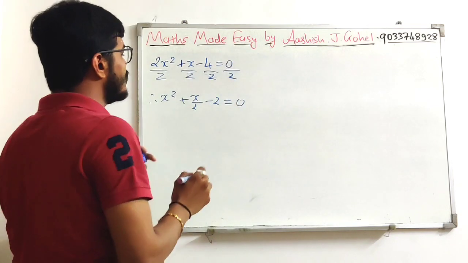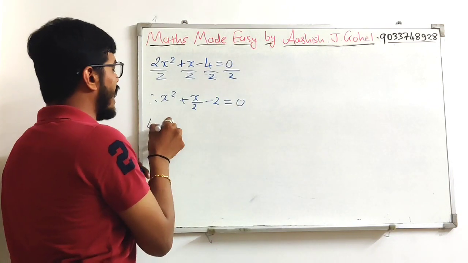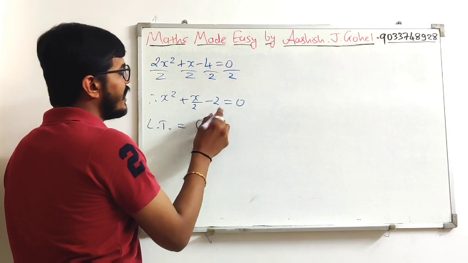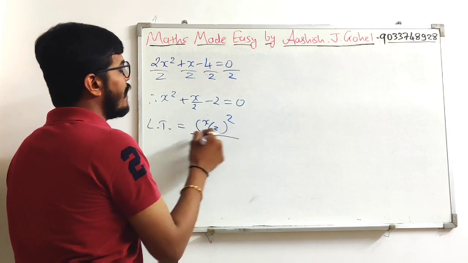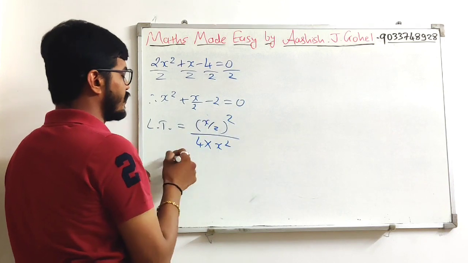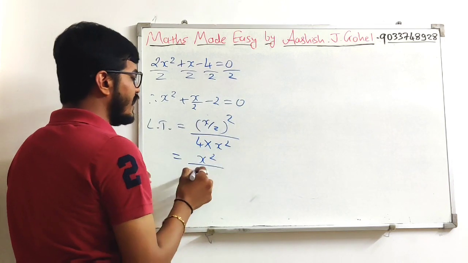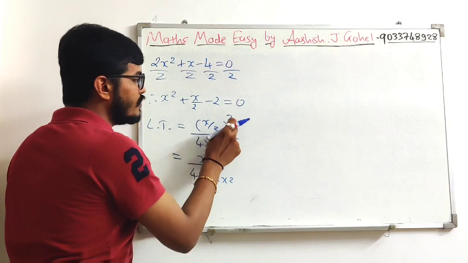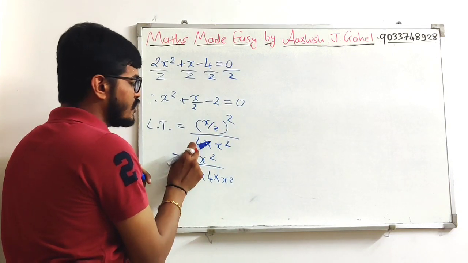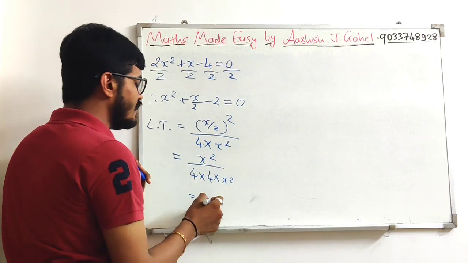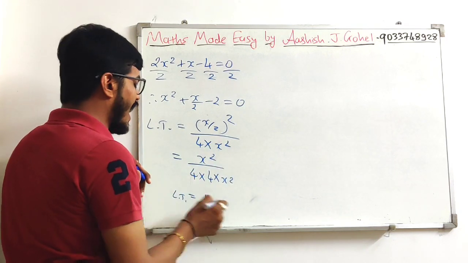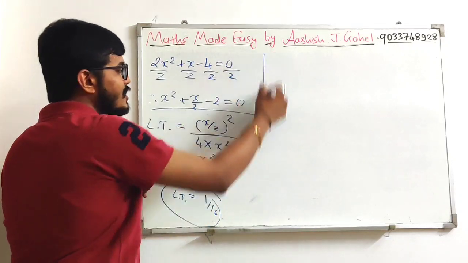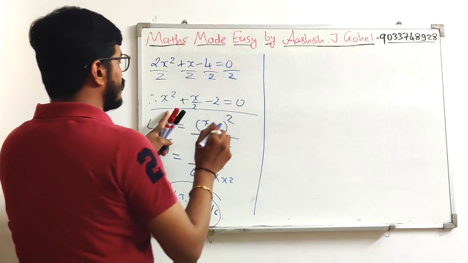0 divided by any term will be 0. So now if I find out the last term for this equation, then middle term whole square divided by 4 into first term. If I simplify this, x square divided by 4 into x square is already there. This 2 square will be in the denominator. This 4 was already there. So x square cancels, 1 by 16. So the last term for this equation will be 1 by 16. Okay, so let us add and subtract this 1 by 16 over here.